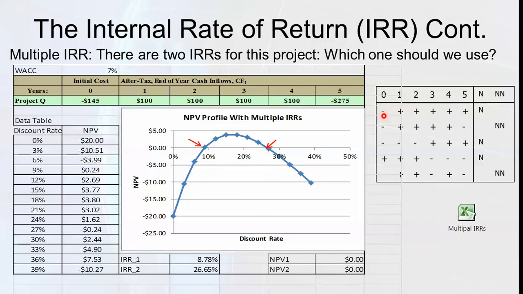Sorry. So in this example here, there are two internal rates of return in this project. Which should we use? That's the problem with IRR. So that's what I'm referring to, multiple internal rates of return. Okay. So basically,